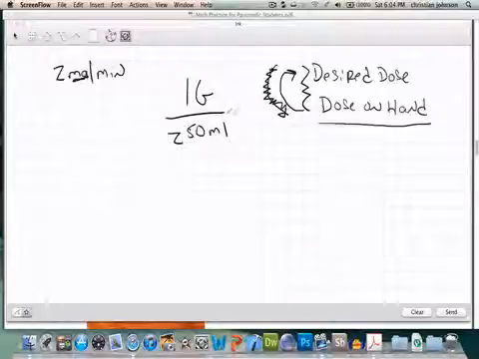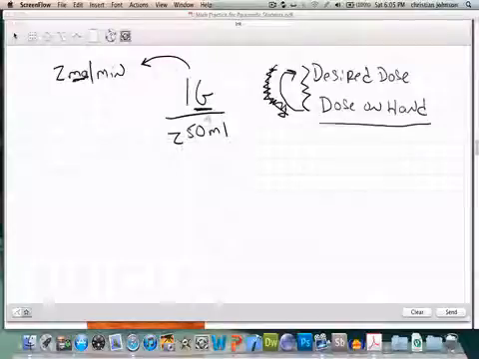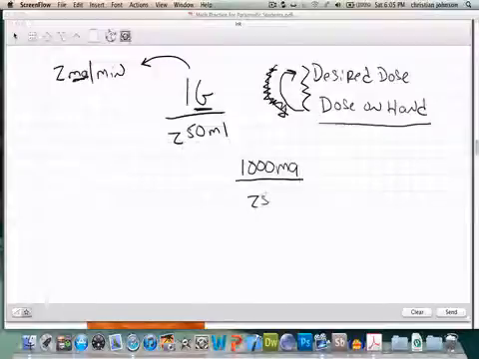That unit is milligrams. I have drug, but I have it in grams. So I have to convert grams to milligrams. I have to convert my dose on hand to my desired dose. And we did that before. Milligrams is smaller than grams, so I know I'm going to have to move my decimal spot to the left. So how many milligrams are in 1 gram? Well, that would be 1,000. We have 1,000 milligrams in a 250